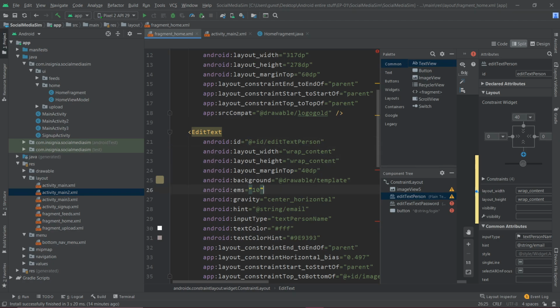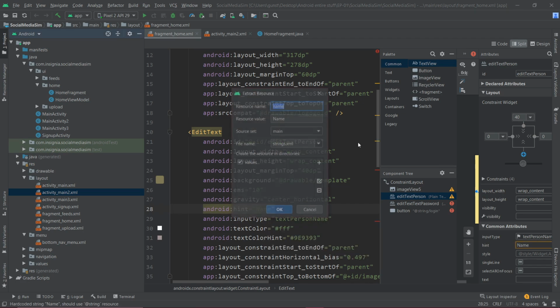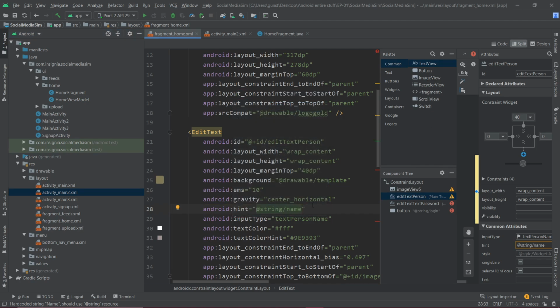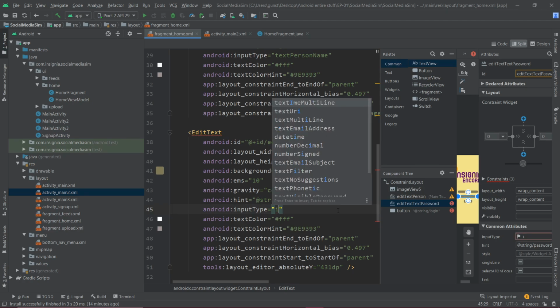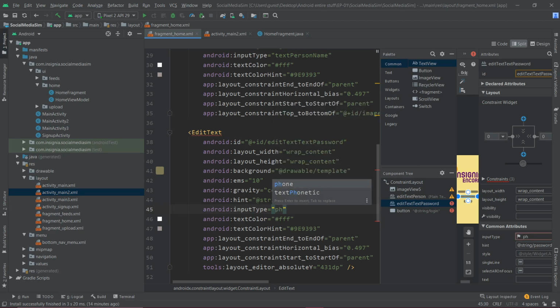And I would have to put up a different string, which is going to be name, and we'll extract the string resource. That's it. Then this password is not going to be password. This is going to be a phone number, and the string is going to be phone.